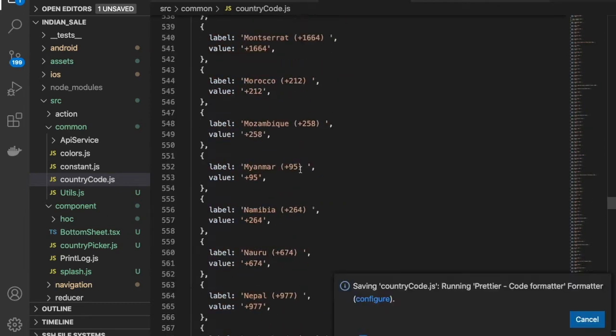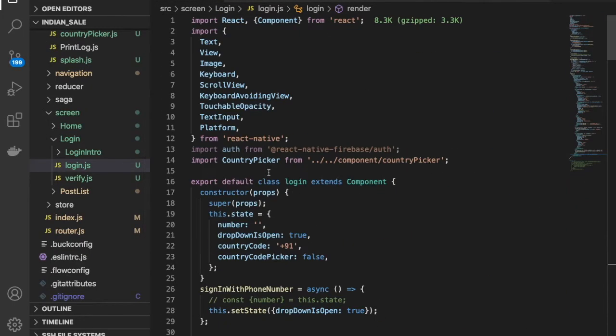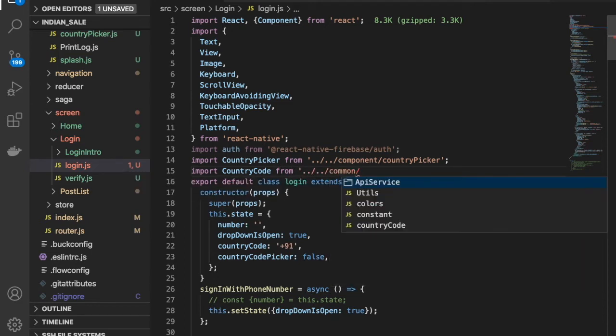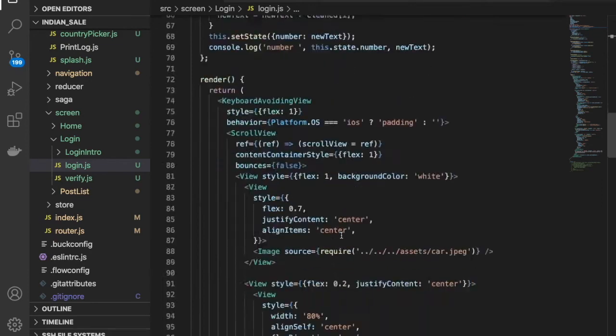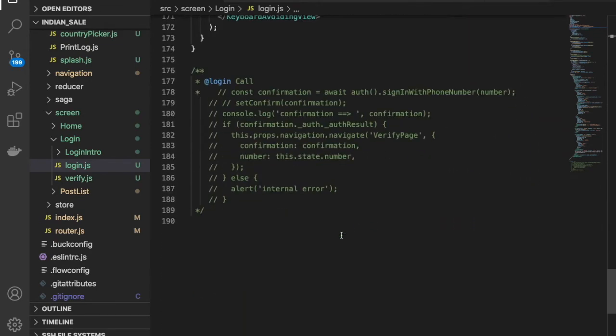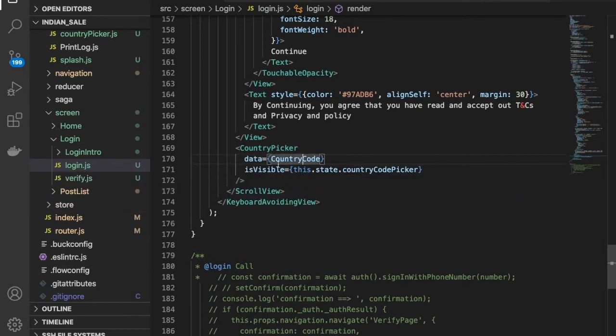All right, so we have the country code, all the countries' codes have come here. And we just need to import it. Now we will use country code from, just navigate to the common and then country code, that's it. Perfect. We have to provide the country code as a prop here, like this, or we can say data here. All right, perfect.